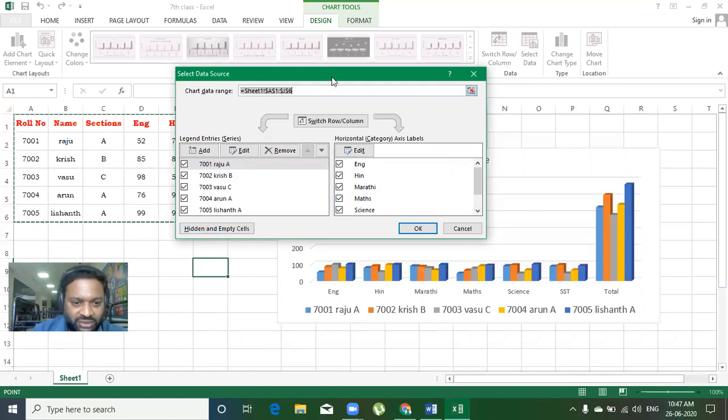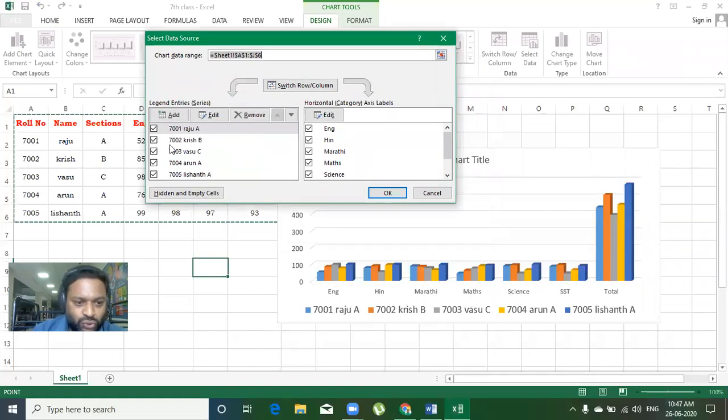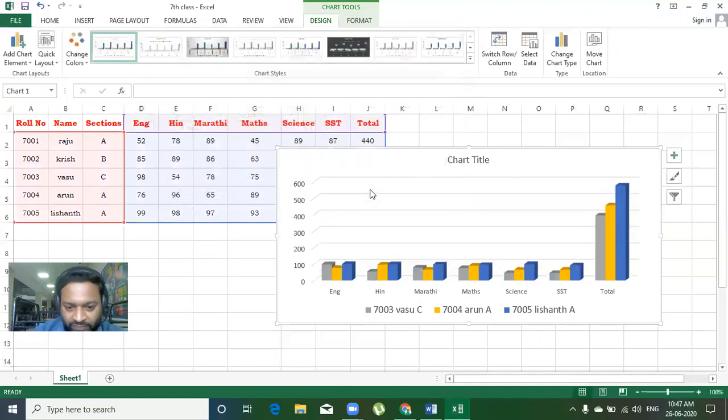From this list, if you don't want to see the data series of students like 7001 and 7002 on the chart, you can disable them and click OK. Then you can see on the chart there is no data series of 7001 and 7002.